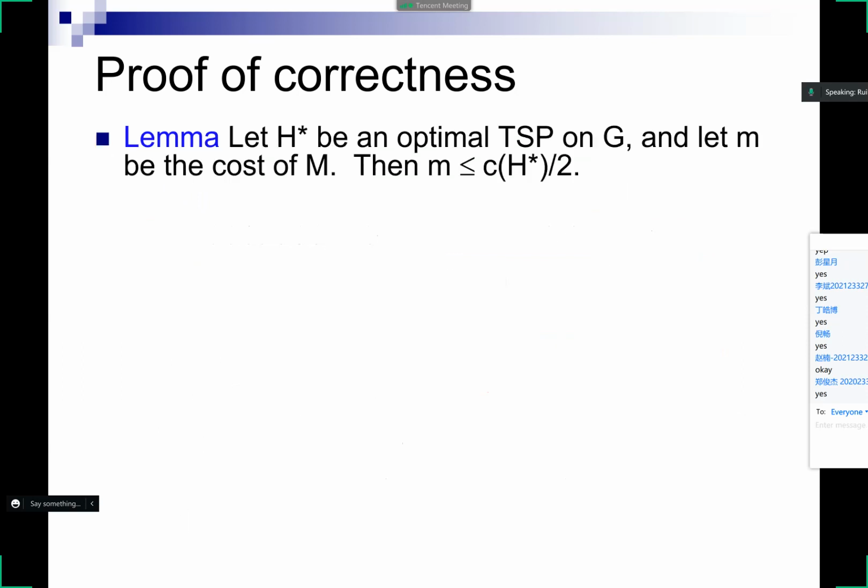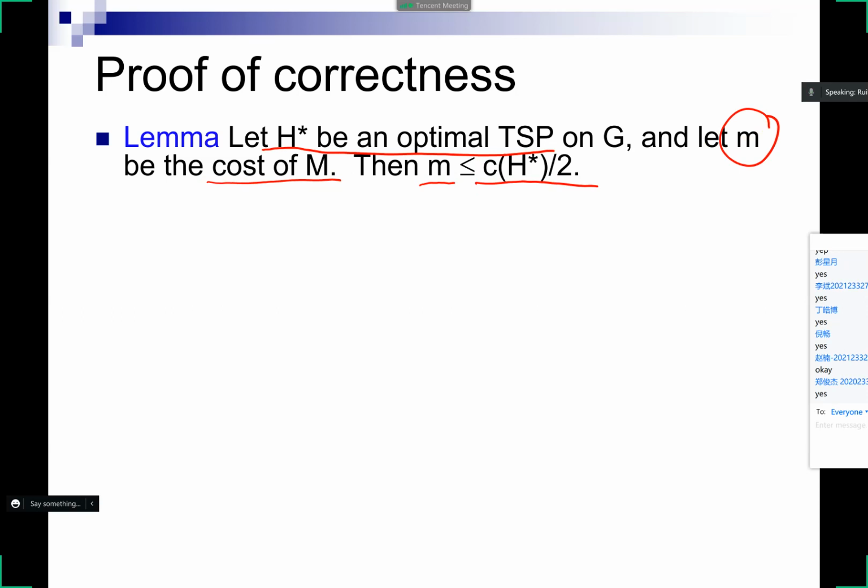Okay. All right. So next, we have this other lemma. Again, we want to compare to the optimal TSP, so let's call that H prime. And also we found this minimum cost perfect matching, right? And so let M be the cost of that minimum cost perfect matching. Now the claim is that the matching's cost is no more than twice the cost of the optimal